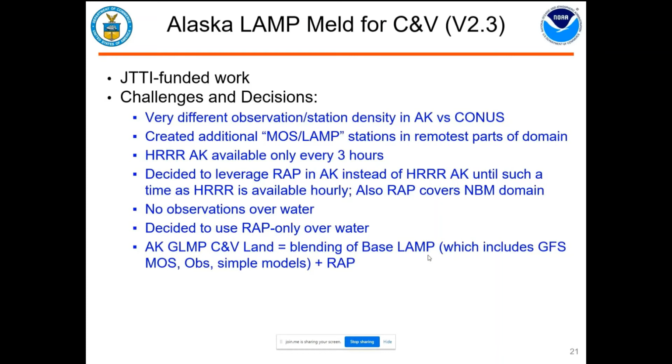Another challenge was that the HRRR, High Resolution Rapid Refresh, in Alaska is only available every 3 hours, so we decided to leverage the RAP in Alaska instead until the HRRR is available. Water areas. And the final MELD product, the AK Gridded LAMP Ceiling and Visibility product,